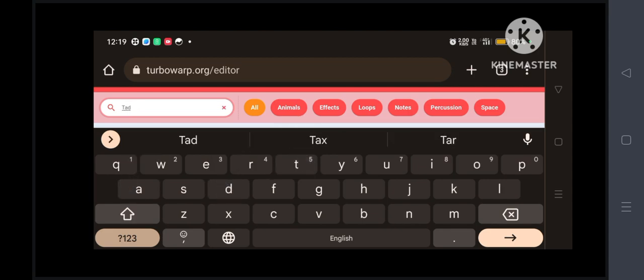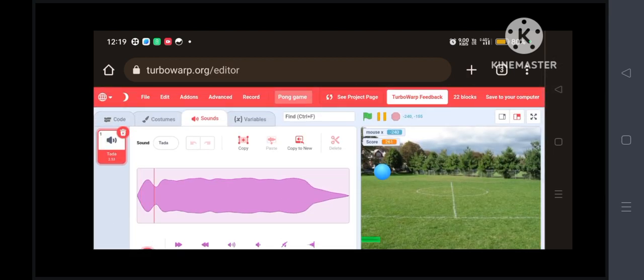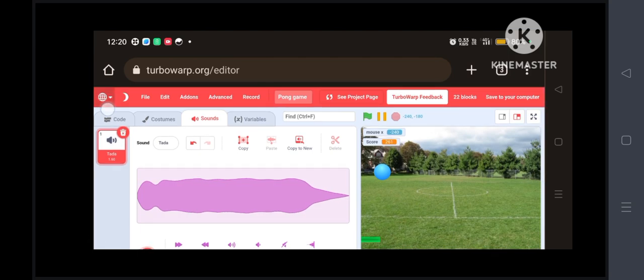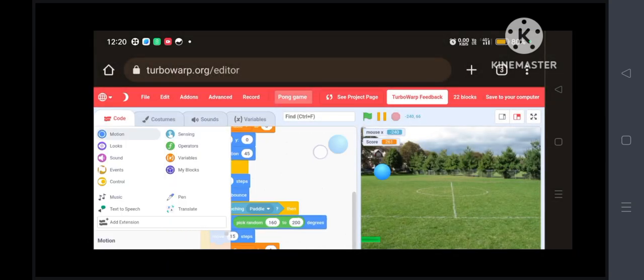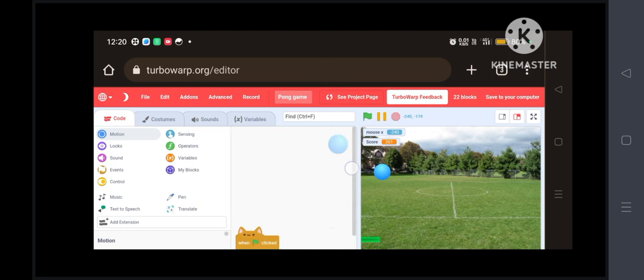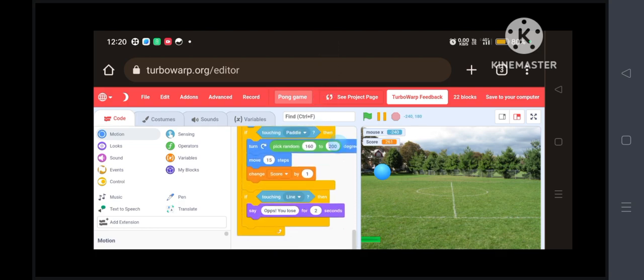For now, I will choose Tada. Now go into the sound section, and if we touch the paddle, we will